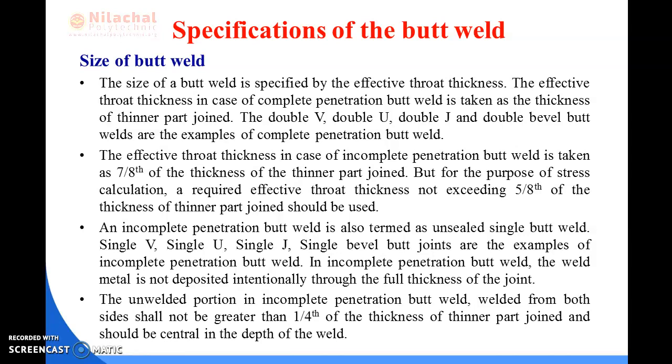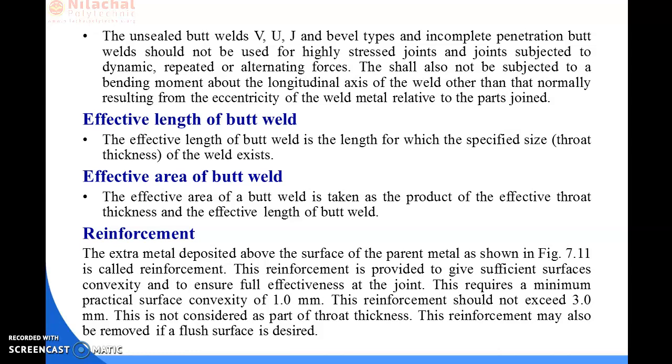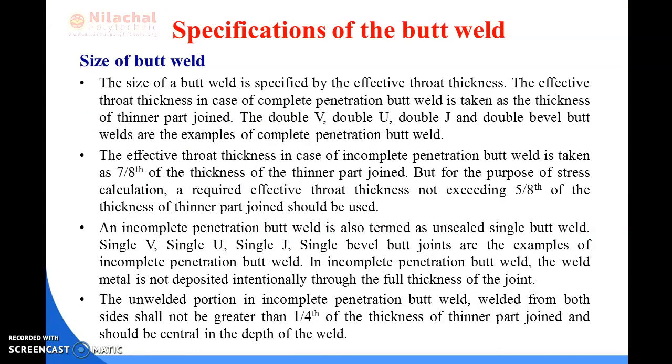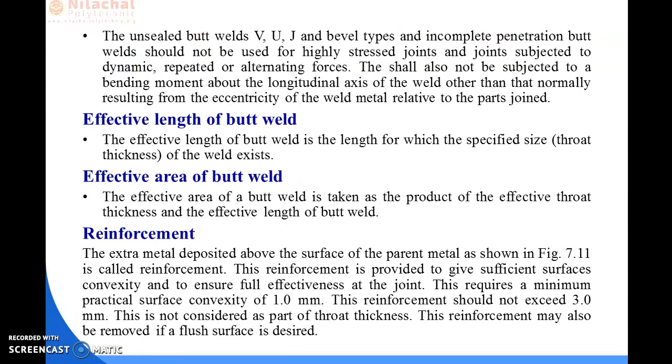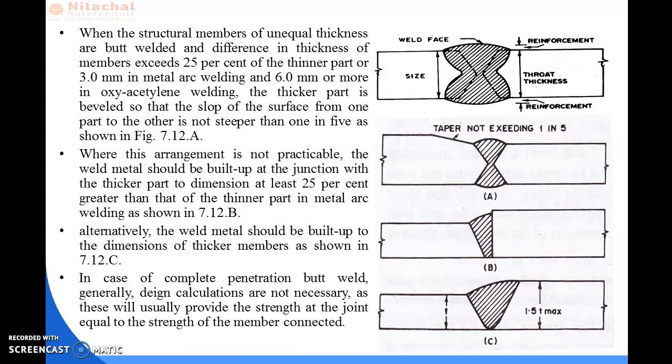So we don't need to remember all these specifications in brief, because we just need to check them to solve the problems or numericals. The specifications are like the size of the weld, that is, what kind of size we have to provide according to the type of welding connection. Then the effective length of the butt weld, as I told in the last class. Another thing is the effective area of the butt weld. Then reinforcement. These are some specifications by which we can solve the numericals, and according to the design purpose, while we provide the welding in the structure,